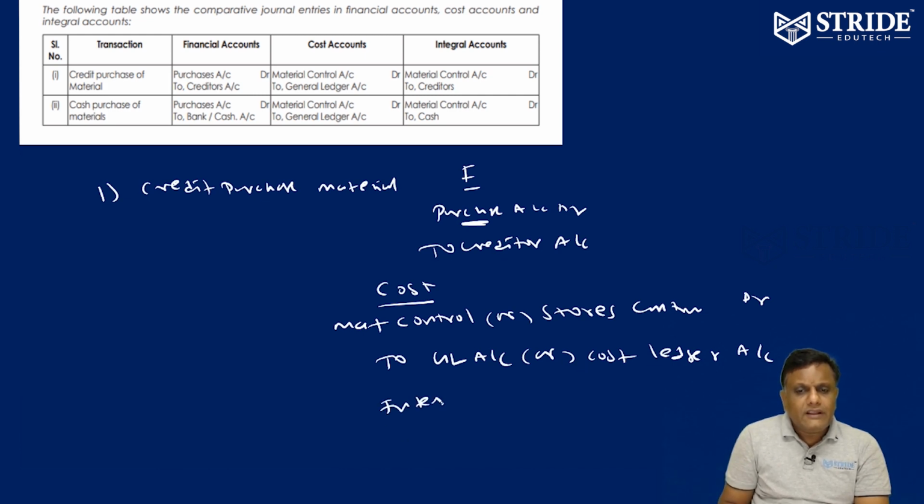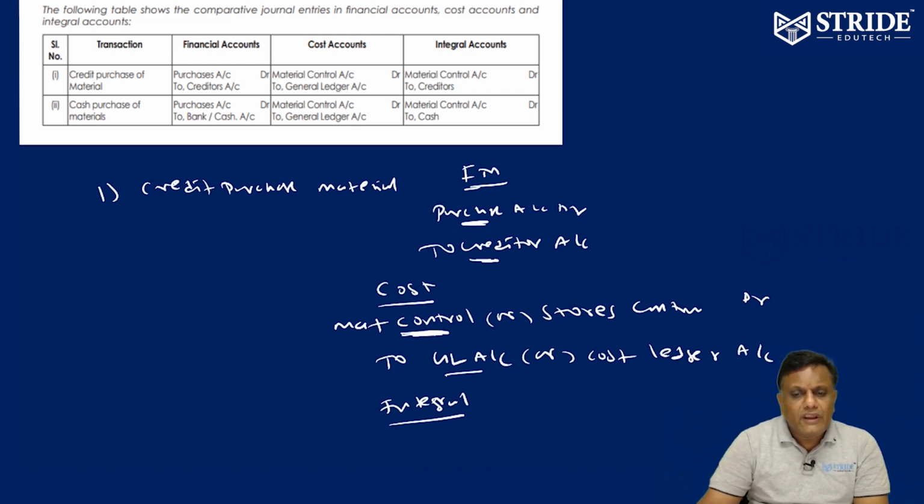Similarly, in integral books, the general ledger will not be placed. We take the debit in cost accounts as material control and the credit in financial books. What is the credit in the financial books? Creditor. What is the debit in cost books? Material control. So in integral accounts,